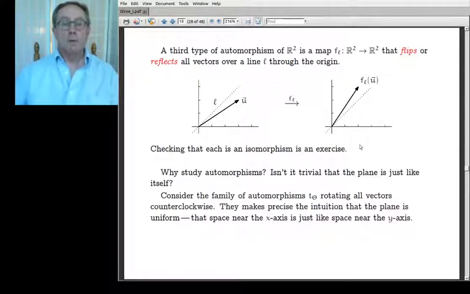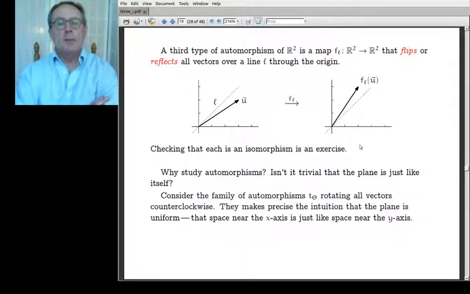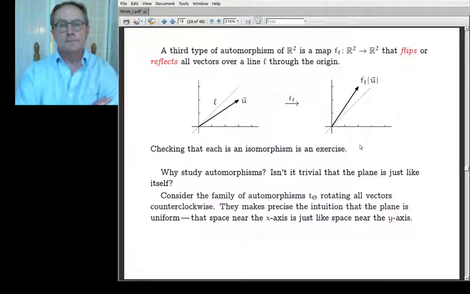Well, a person might say, why are we studying automorphisms? I thought isomorphism meant just like, and it's obvious that the plane is just like itself, so isn't this entirely silly? So I want to go back and think about the rotations of the plane by theta radians counterclockwise. They say something. If you're saying that the plane is the same as itself after you rotate it 15 degrees, you're talking somehow about uniformity. You're describing the plane as being uniformly flat